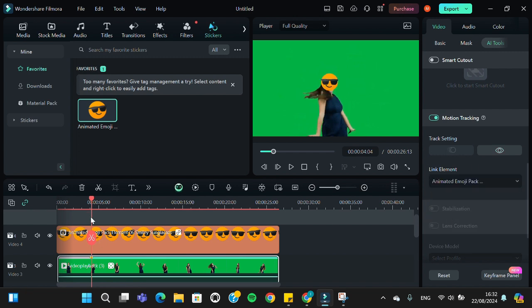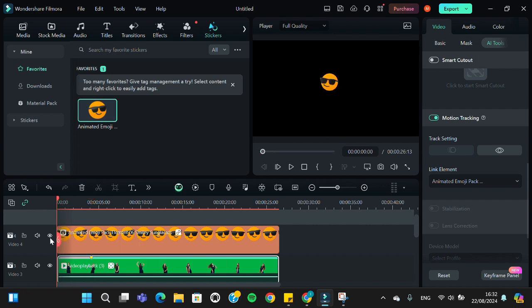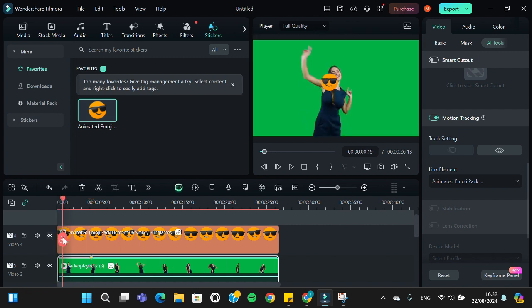Okay, now it's done guys, and I'm going to show you the final result. I know that it's not that perfect, but yeah, this is the result. Alright guys, and that's how to cover our face using emoji in